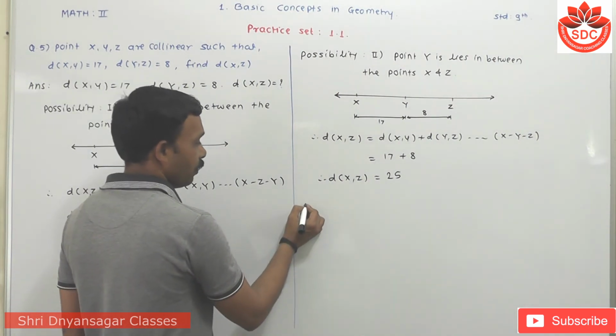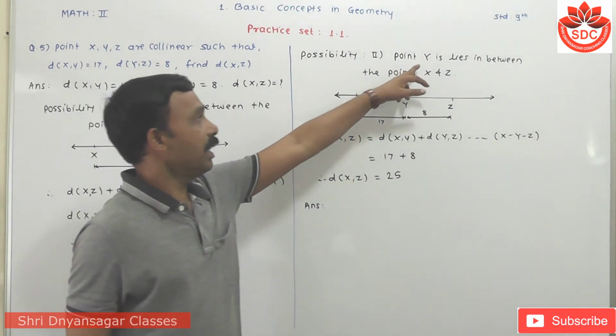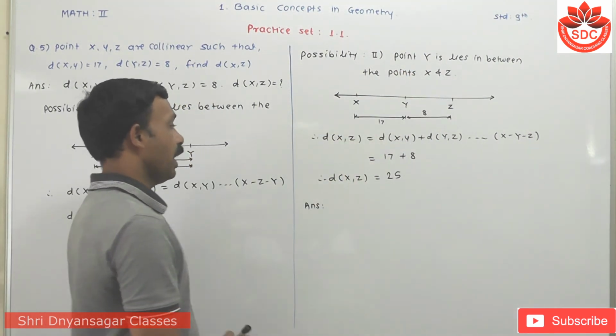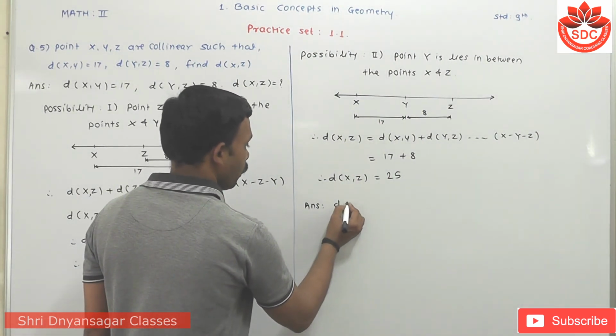Therefore, the answer in a full sentence is: student, if you take X in between X and Z, then the answer is also the same. So there are only two possibilities. The answer is that the distance of XZ